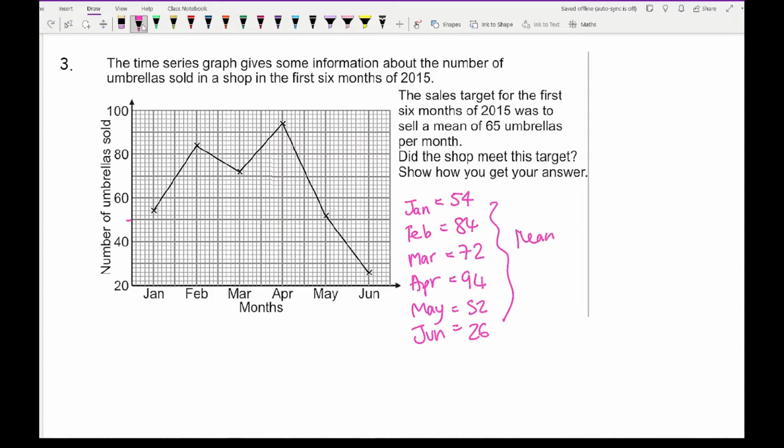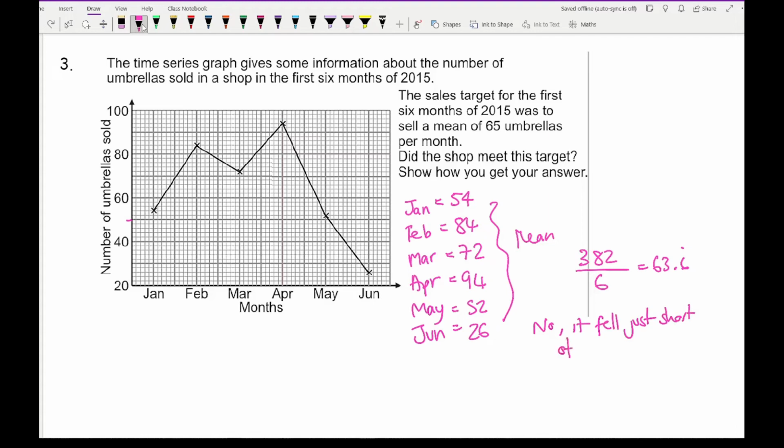So 54 plus 84 plus 72 plus 94 plus 52 plus 26 gives me an answer of 382. 382 divided by 6 gives me an answer of 63.6 recurring. So the answer to this question, did the shop meet its target? No, it fell just short